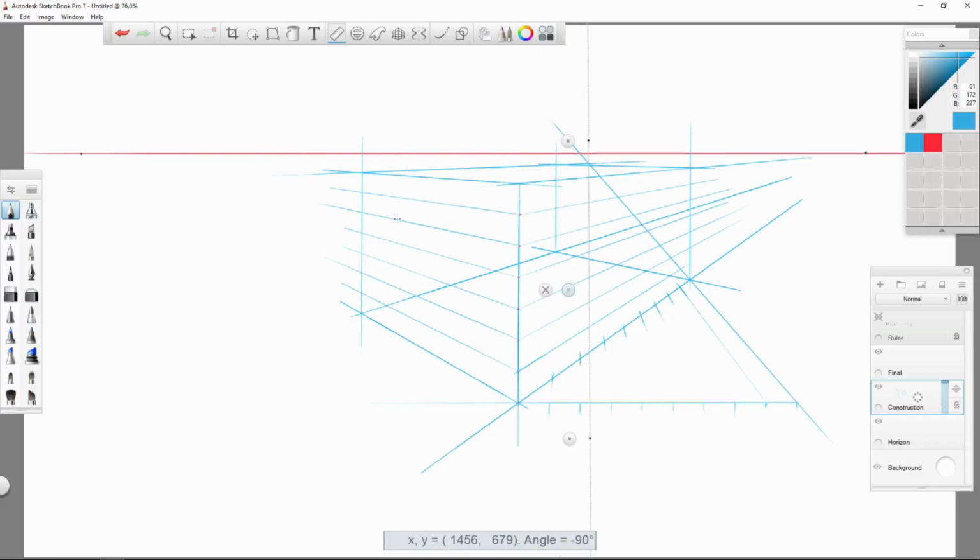So we need a vertical ruler. We're not following the angle that was going to this vanishing point that we created there. That vanishing point now, for all intents and purposes, is useless. So just ignore that vanishing point that we just created, because it was just a temporary one. So we'll just go ahead, draw some lines up. And as you can probably already see, this is now just going to be connecting the dots